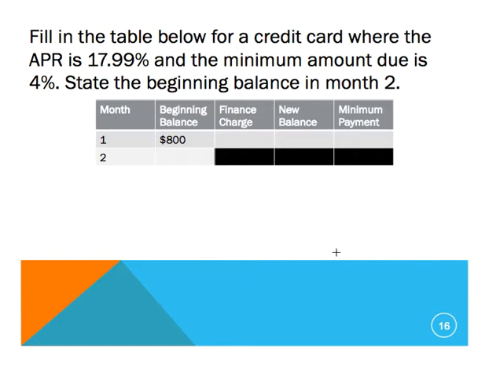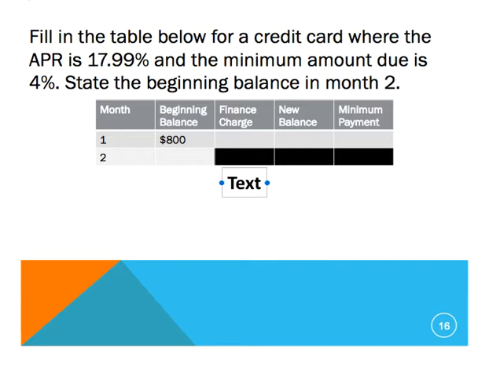Okay, this particular question is asking us to fill in the table for a credit card where the APR is 17.99% and the minimum amount due is 4%. So we're now getting into the new material here. So in this case, we have to remember how to calculate a finance charge. If you're not sure, you might want to look back in your notes, but the basic idea is that